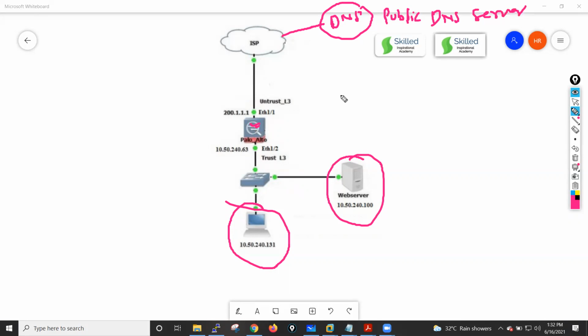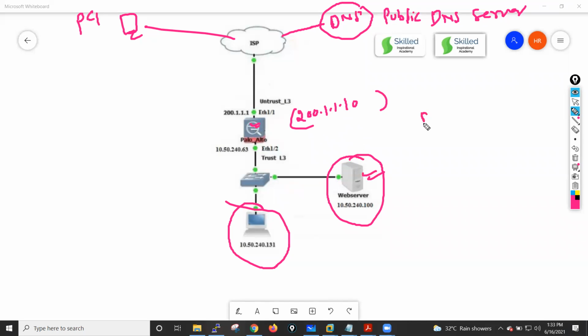Now what we have done here, guys, let's suppose I have the IP address 200.1.1.10, and if someone sitting on the internet, PC1, wants to send a request to this IP, that request reaches this firewall.